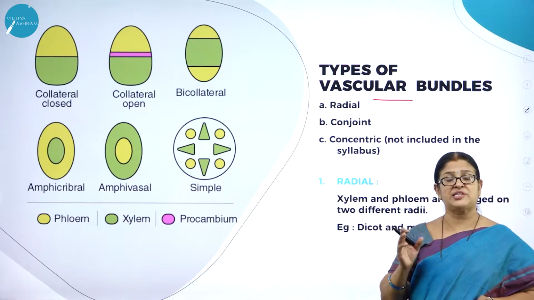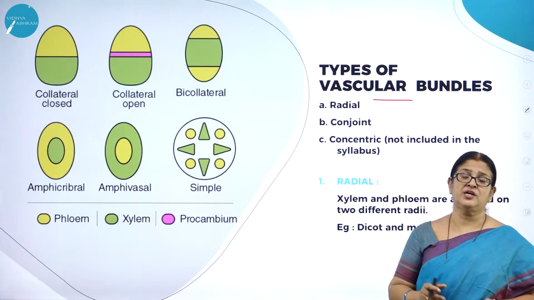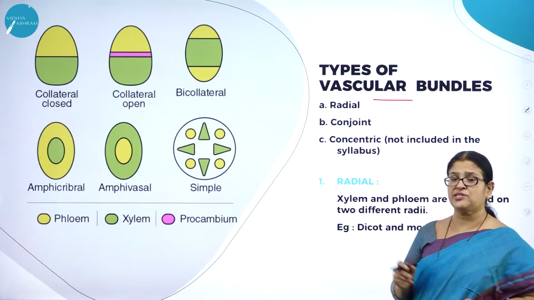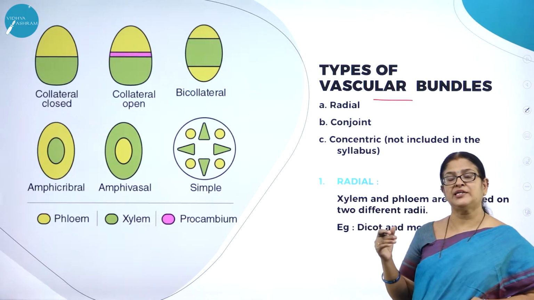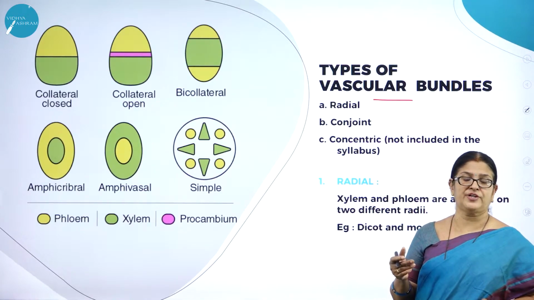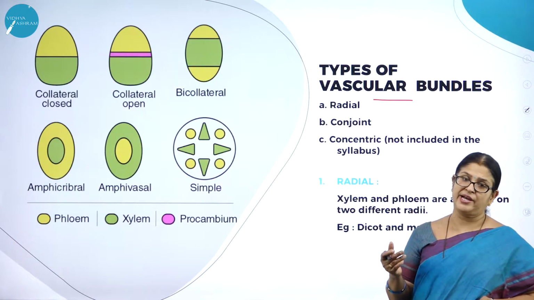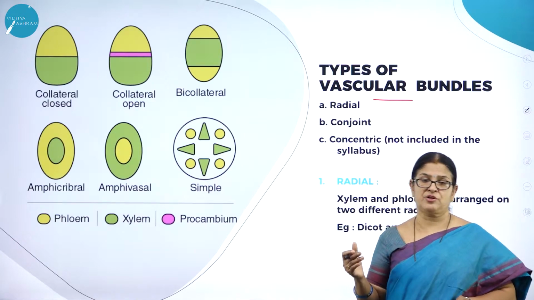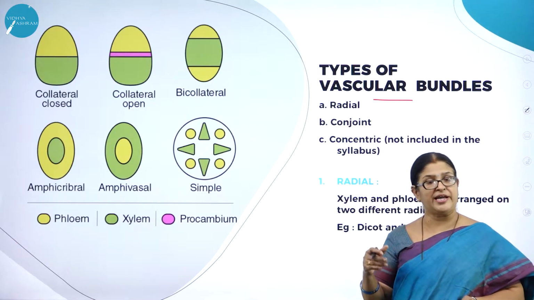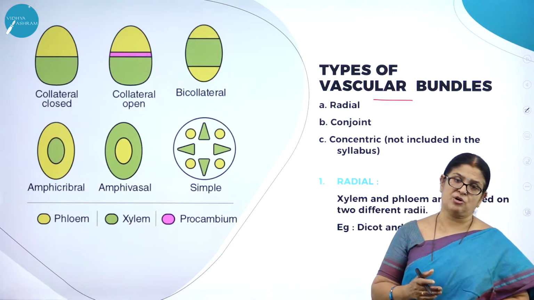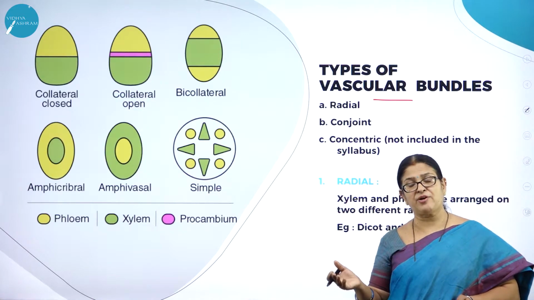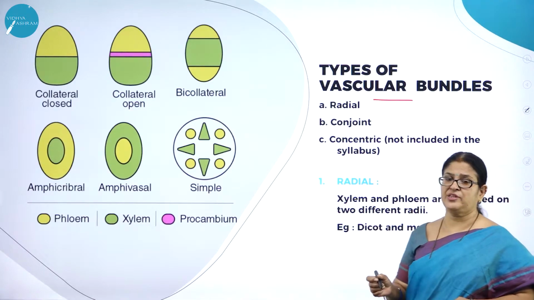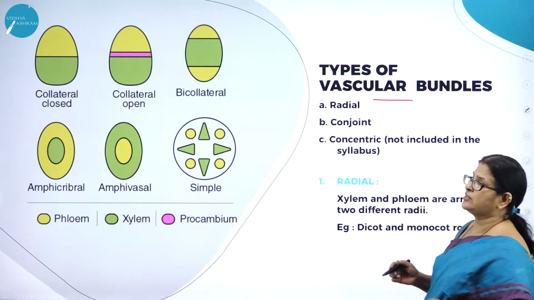As I said, when xylem and phloem are found together, we use a word called vascular bundle. Also in today's session, we are going to study the TS, the transverse section of a dicot root with that of a dicot stem. In a similar way, we are going to study the anatomical features of the transverse section of a dicot stem with that of a monocot stem, and TS of a dicot leaf with that of a monocot leaf. So let us begin with the types of vascular bundles.